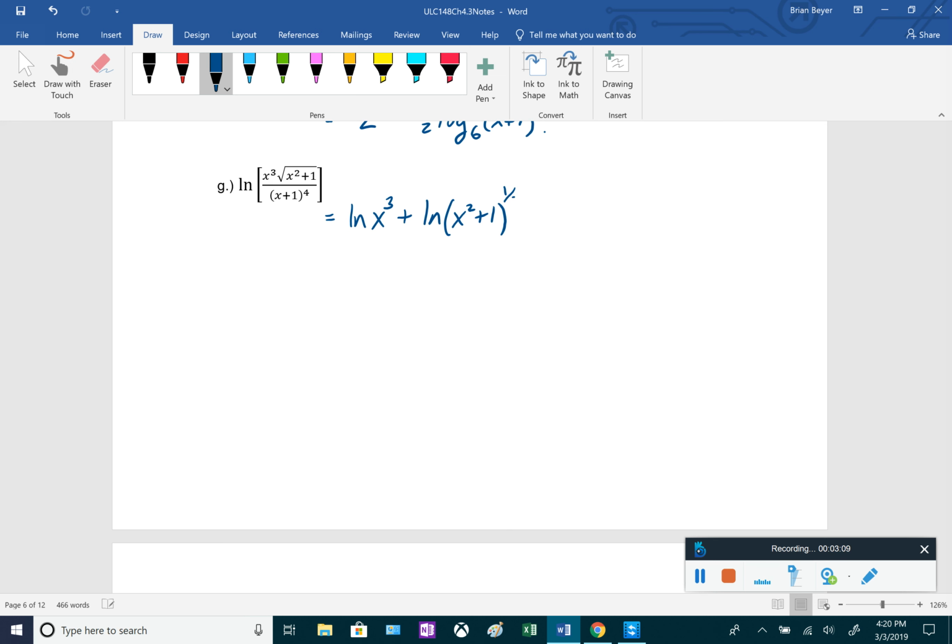I'm going to change the square root to an exponent of 1/2 right now. And then it's going to be minus the ln of x plus 1 to the 4th, because that was in the denominator, so that one's negative. So this is all going to be power rule now. So 3 ln x plus 1/2 ln x squared plus 1 minus 4 times the ln of x plus 1. So being able to do a couple things in one step is going to be a little bit easier. So for the next one,